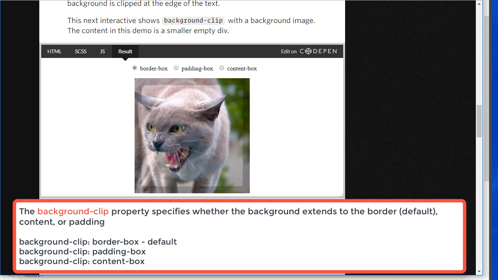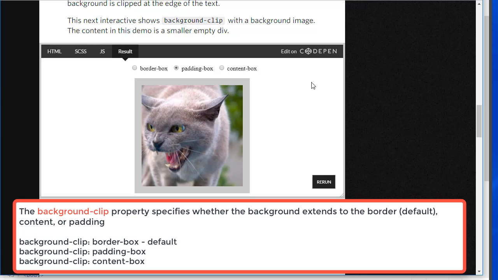There is also a background clip property, and it takes one of three values. The border box, which is default, the padding box, or the content box. What the background clip property will do, it will clip the background image depending on where you specify it. So if you look at this image here, by default, the background extends all the way from the edge of the border. That's where it starts. I can set the value to padding box. What that does, it